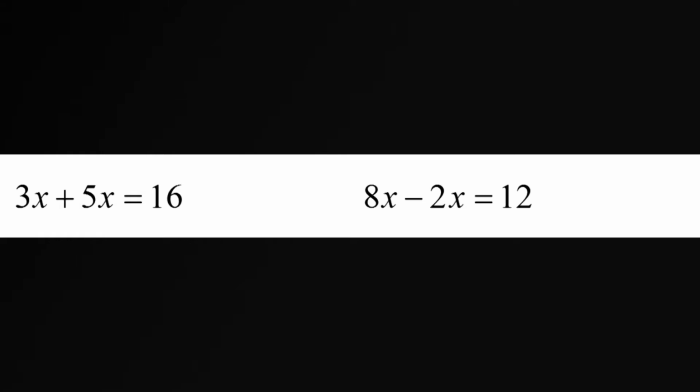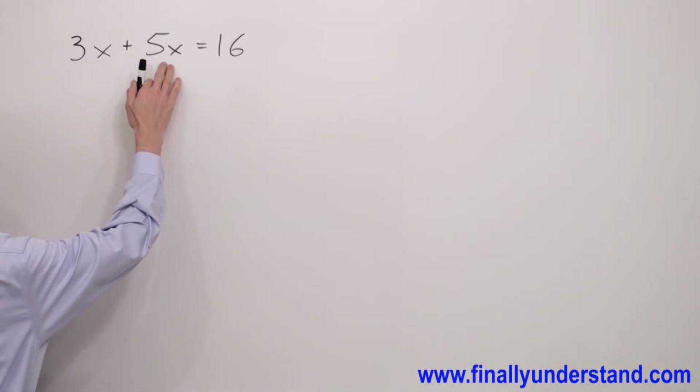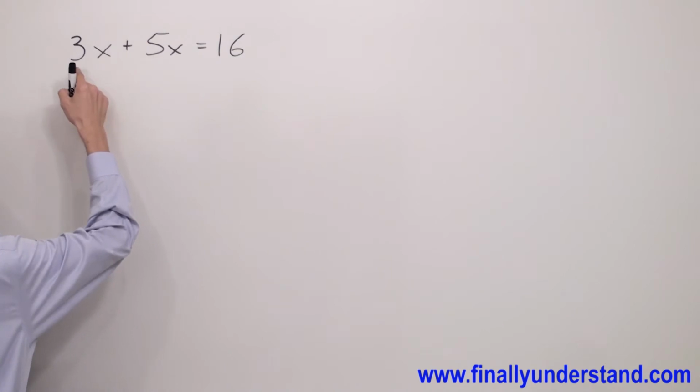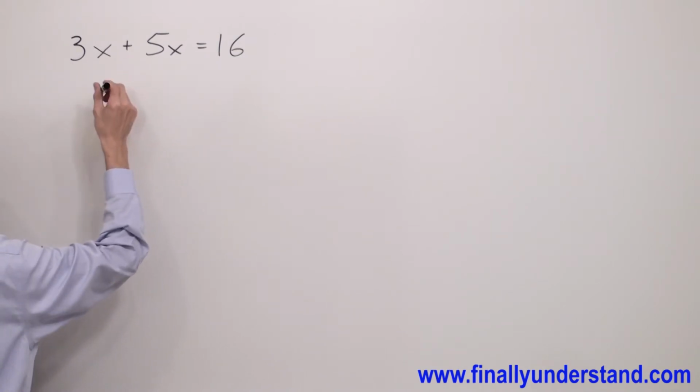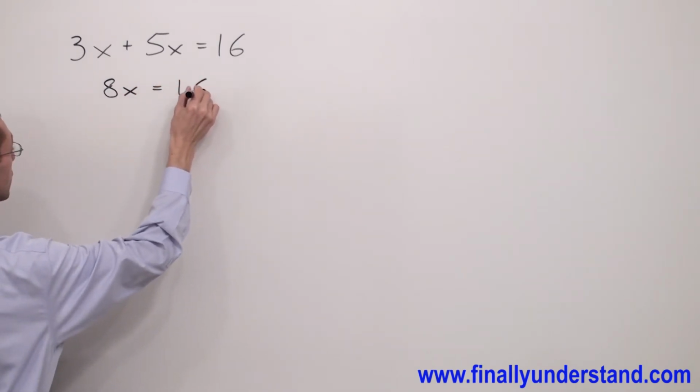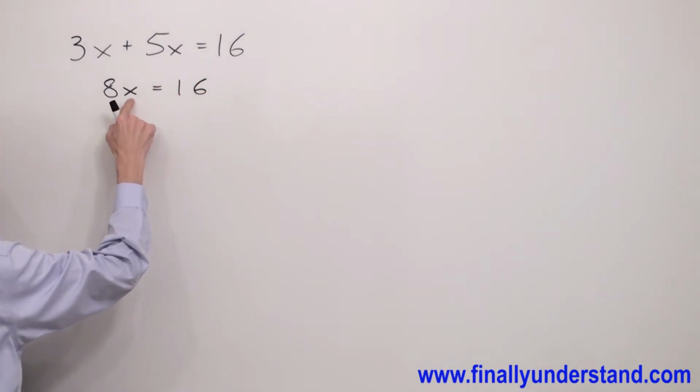In the first equation, we're supposed to combine the like terms first. 3x and 5x are like terms. We're supposed to add them up together. 3x plus 5x is equal to 8x equals 16. In order to find x, I have to eliminate the multiplication, and I'm supposed to take out